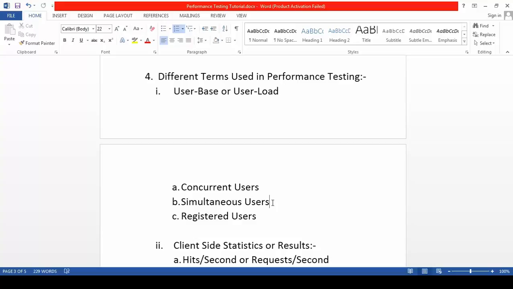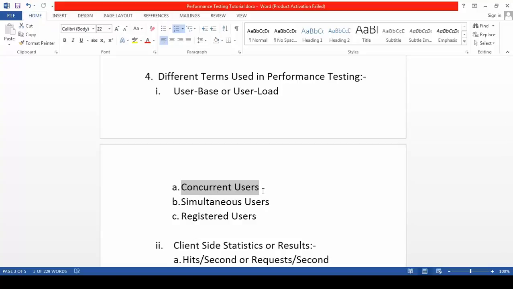Now let's say at a certain point of time, at 11:15 a.m., there are currently 500 users accessing the application. So at exactly 11:15, the number of concurrent users, that is the first one, is 500.